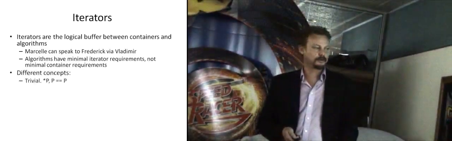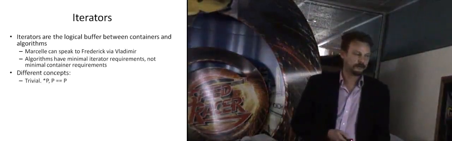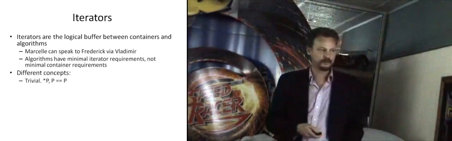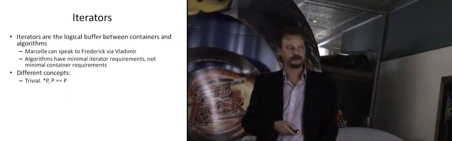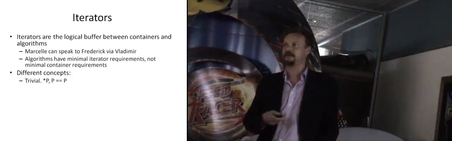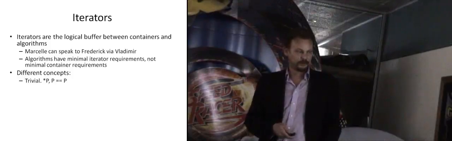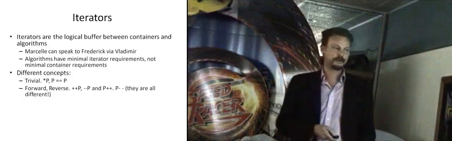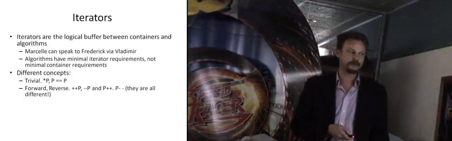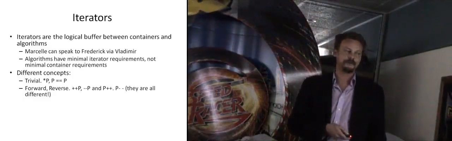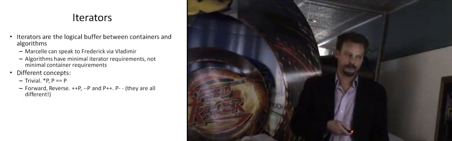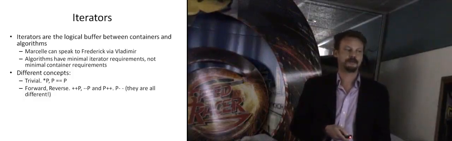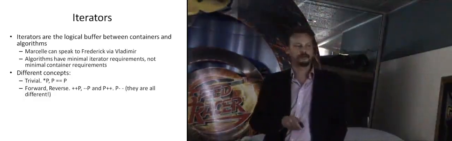So we've got trivial iterators, which require that you can dereference it, and equivalency for two iterators. That's all you need. If you've got that, then you can say that this type models the trivial iterator concept. You've got forward and reverse iterators, which have four different usage patterns on top of trivial. This concept is a refinement of that concept, so this already requires everything that concept requires. On top of that, it requires ++p, --p, p++, p--. And it also describes what those things mean.